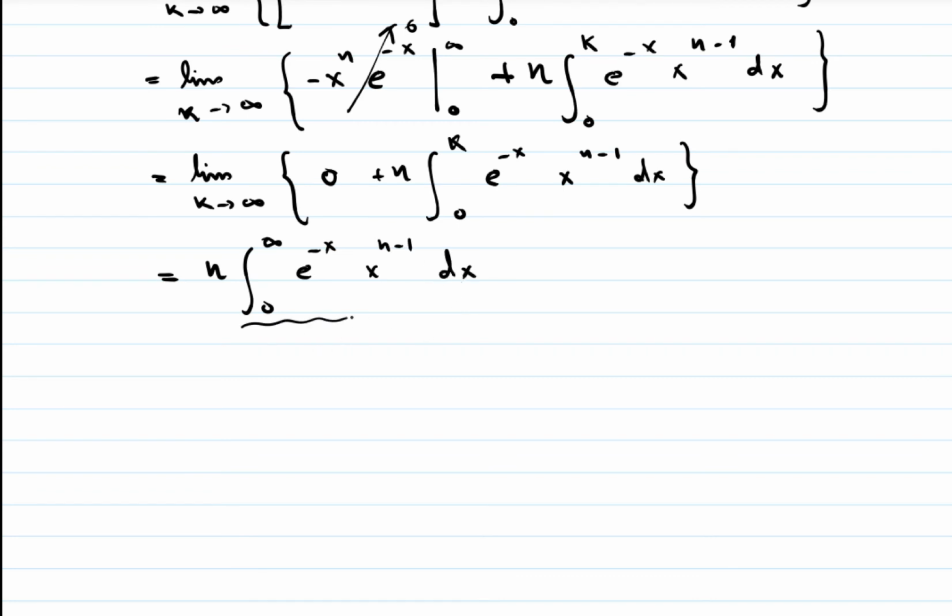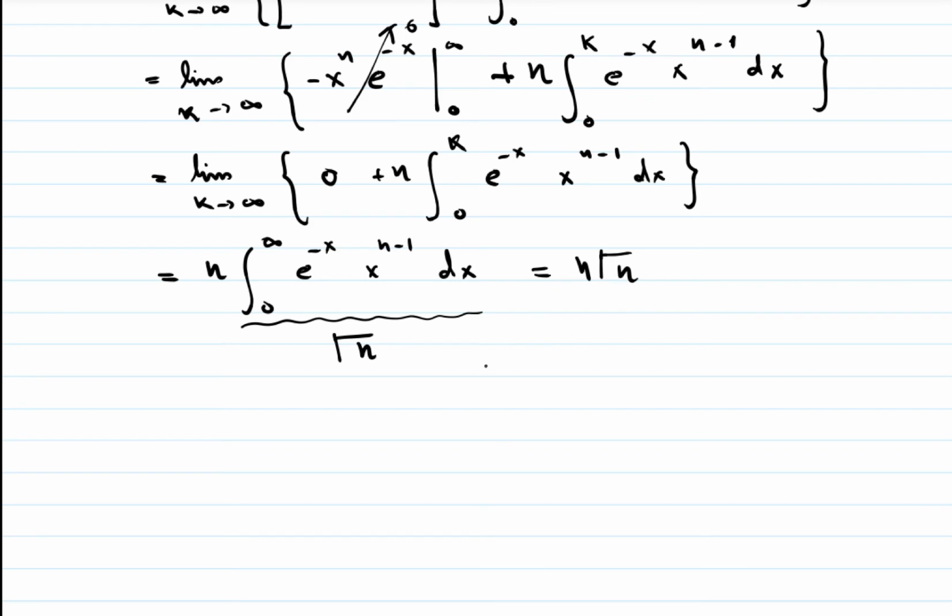But this whole expression, which we got as our result, is equivalent to gamma of n. So we're going to have n gamma of n, which proves property number 1,